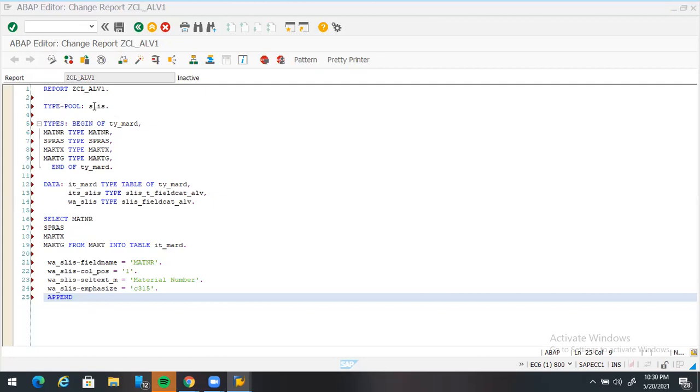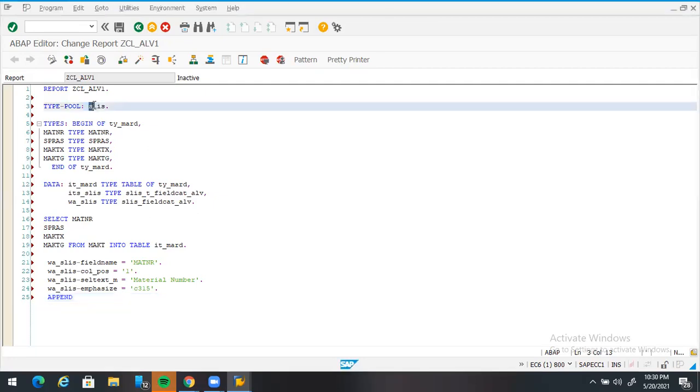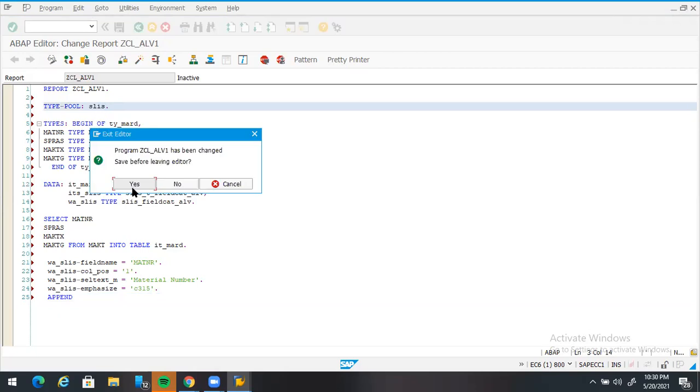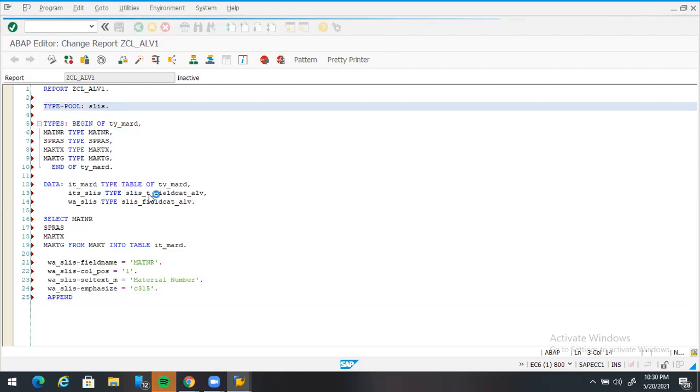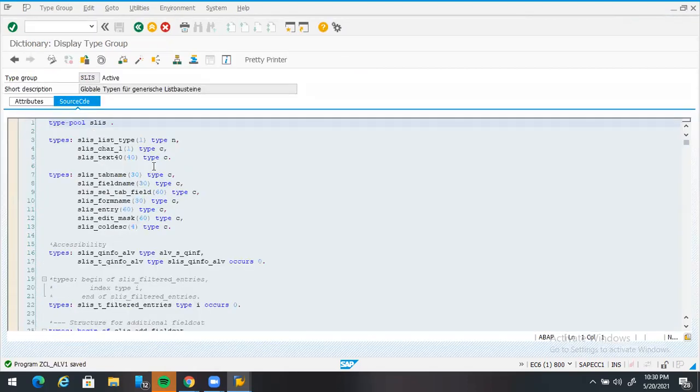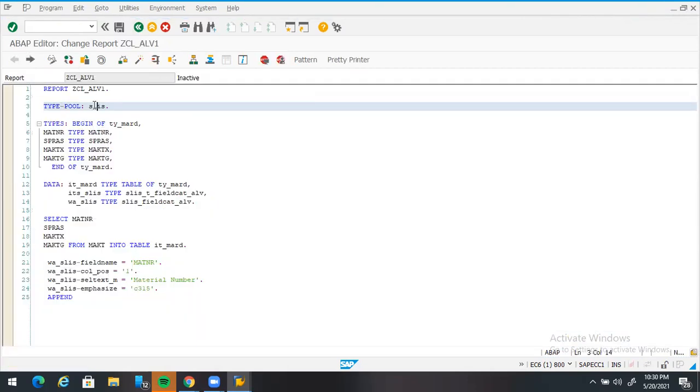So this type pool, it's a database. SLIS, it's a database. So this database contains everything that we need for LV. So let me open it so you can see. So into the source code. Let's go back because I must open it. So it's a database which contains every element of